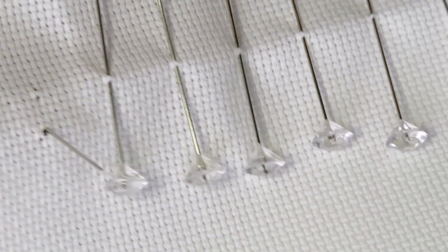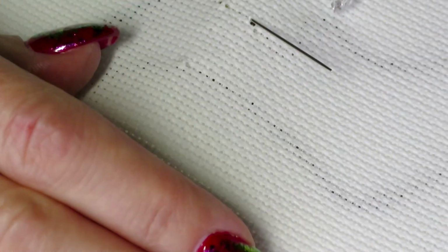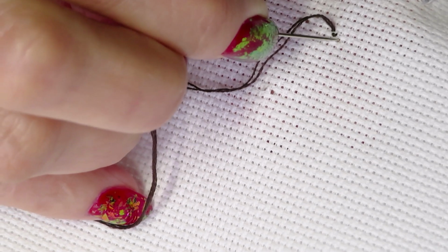Okay, and now I'm coming out. Because I stitched from right to left, I go to my left corner and then I'm going to stitch from the right. So I pull it out now at my bottom left corner as I do, and my cross stitch, the first one, will be over this knot that I just made. So I go,